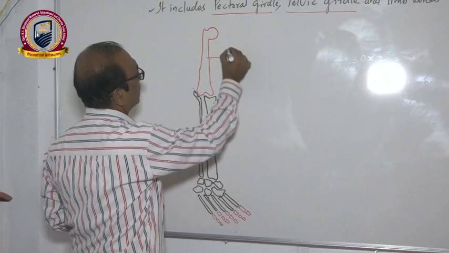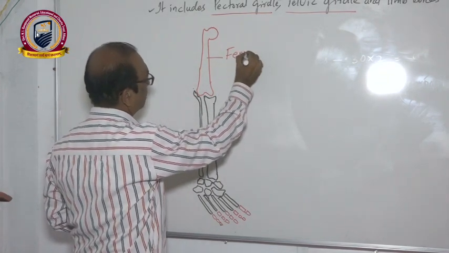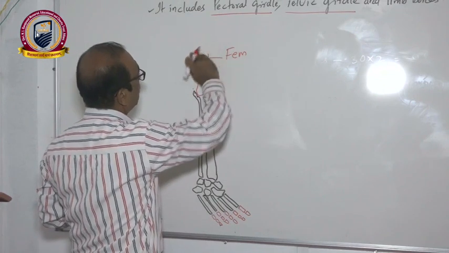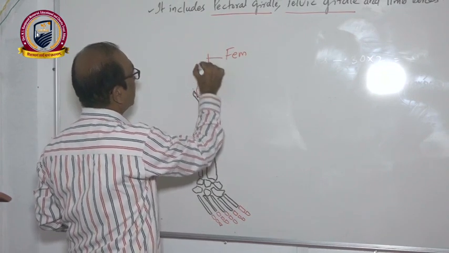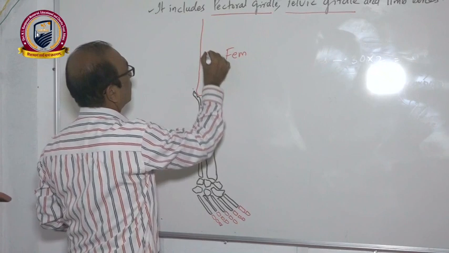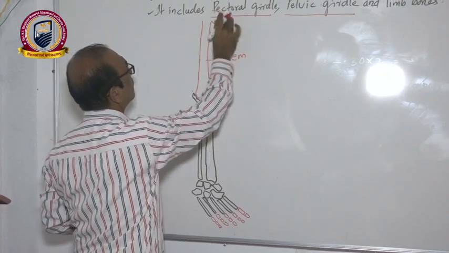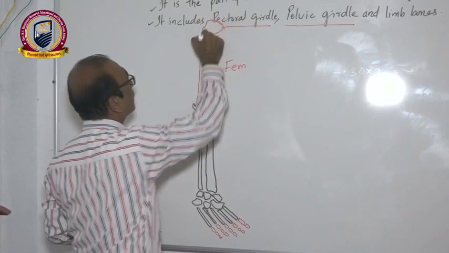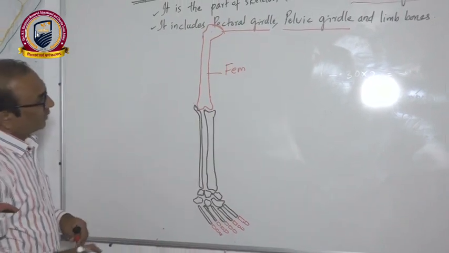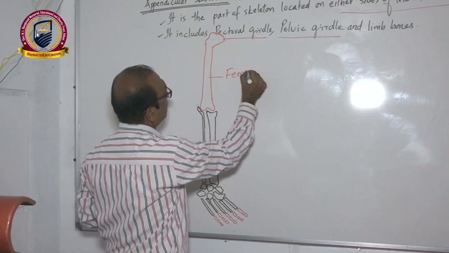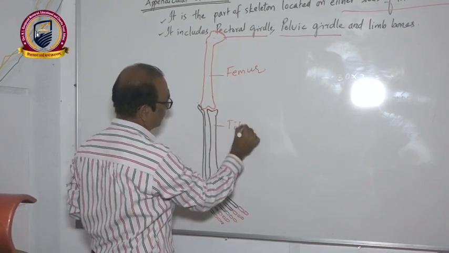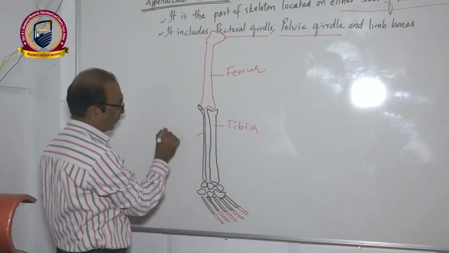So this is the femur bone. Actually it should be longer. The diagram is not proportionate. Let me just make it a little more longer. Okay, because that is the longest bone, femur. And then this is the tibia and a thin bone, fibula,